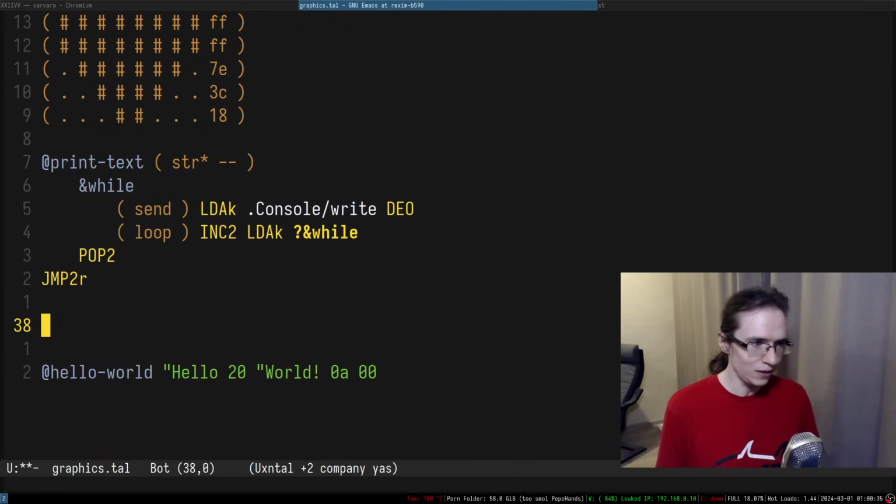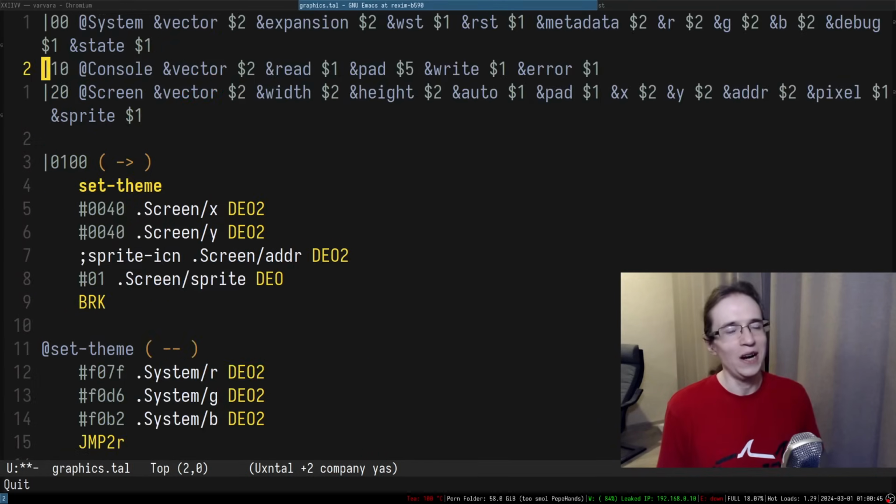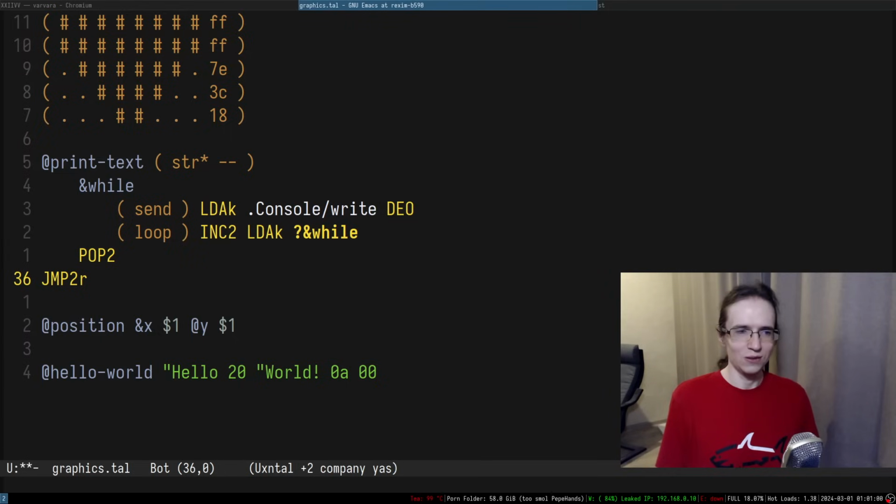Can I say something like position and then X, which is 1 byte, and Y another 1 byte? Similarly to how we do that in here. Can I do that? And then I can save the position in X and Y. I should be able to do that, right?